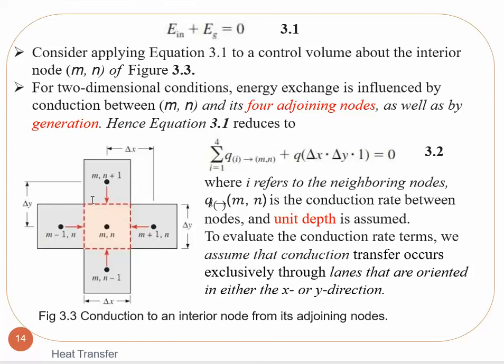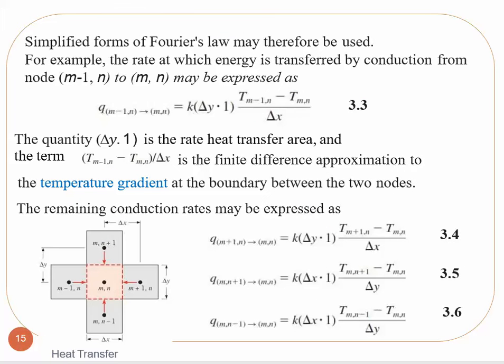Here i refers to the neighboring nodes, and q_i to the origin m, n is a conduction rate between the nodes, and unit depth is assumed. To evaluate the conduction rate terms, we assume that conduction transfer occurs exclusively through lanes that are oriented in either the x or y direction. If we simplify this in terms of Fourier's law,